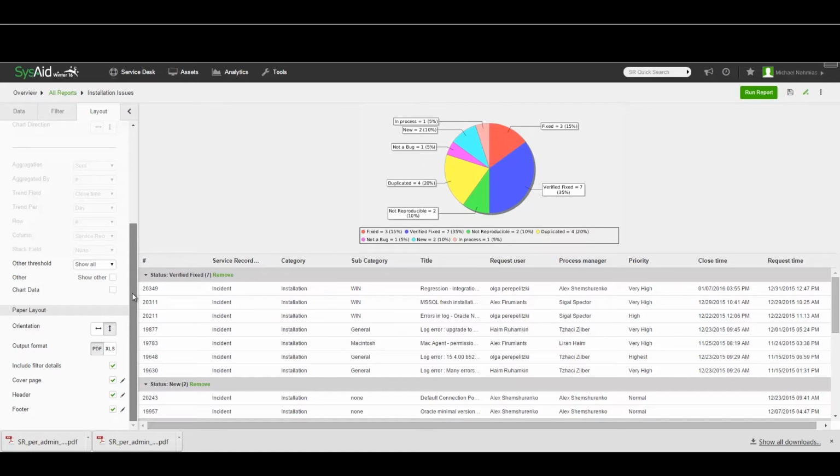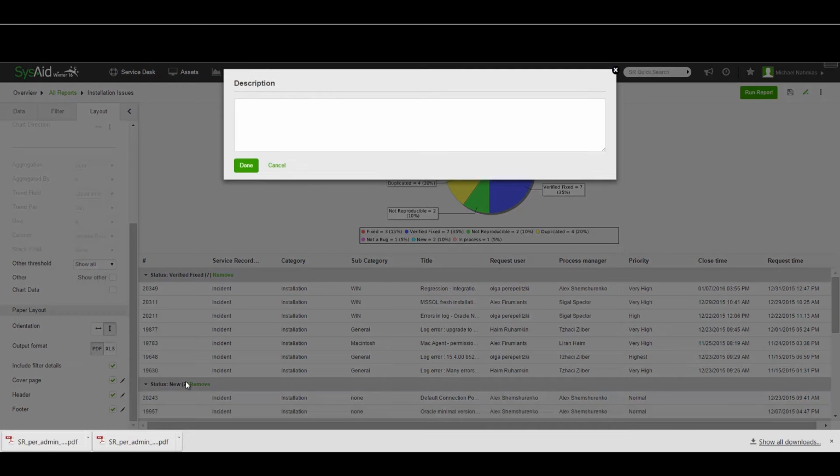So here we have the paper layout. Do we want to set it as portrait or maybe landscape, the output format of the report, and we can determine whether we want a cover page, a header, or a footer for the report, and we can edit the content of the cover page. Let's call this inflation report,